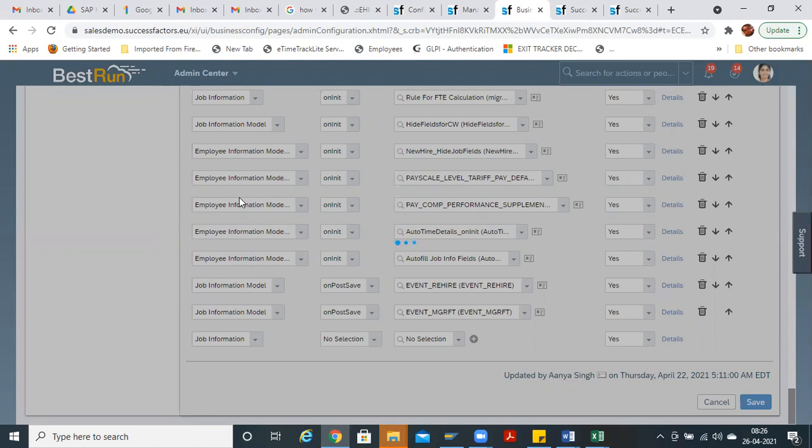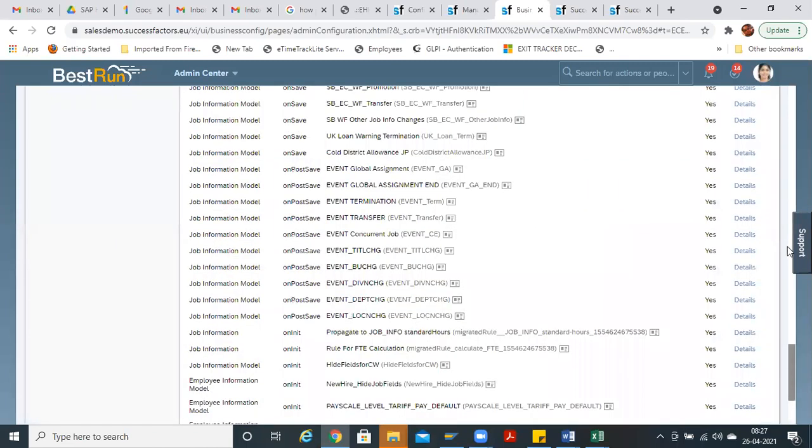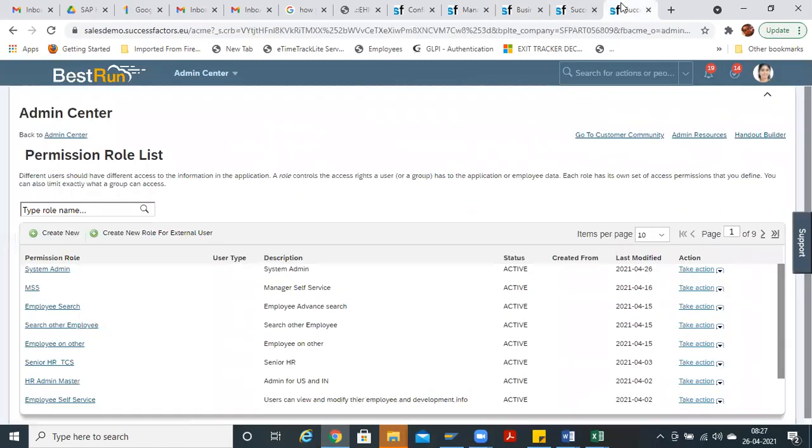I'll be showing you in the permission roles. See, it is saved now. Now go to the permission roles, refresh it.